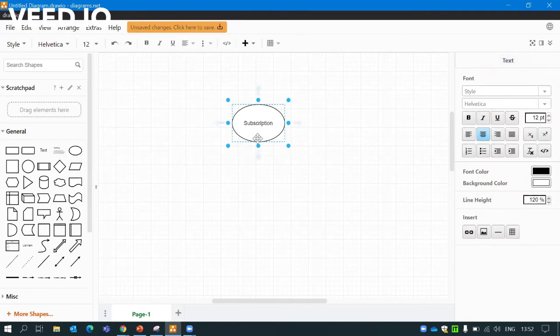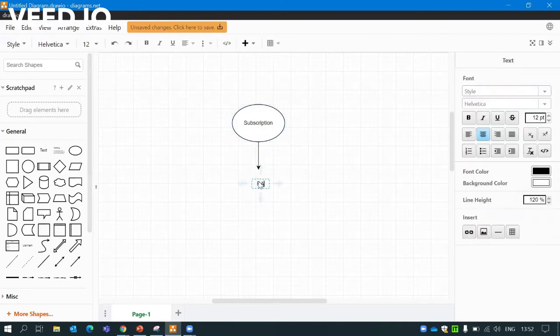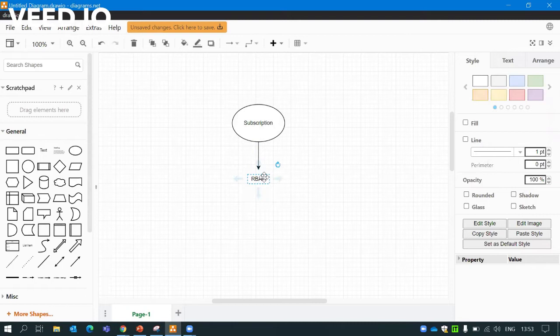For a subscription, if I want to give access to any other user, I need to add the user to RBAC, which is IAM in the portal. So when we are adding a user to IAM, we will be assigning a role to the user. When we assign a role, based on that role the user is going to get access.